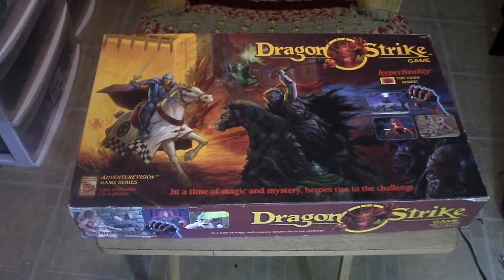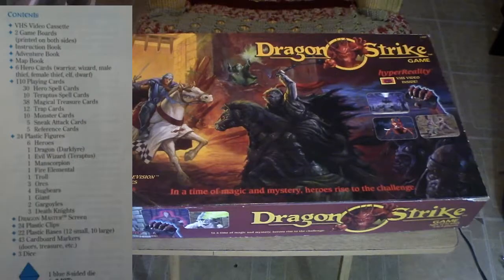And the game came with quite a bit of content. It came with a VHS cassette tape going over the adventure and helping newcomers understand the concept of the game. 2 game boards that had a front and a back side, instruction book, adventure book, a map book, 6 hero